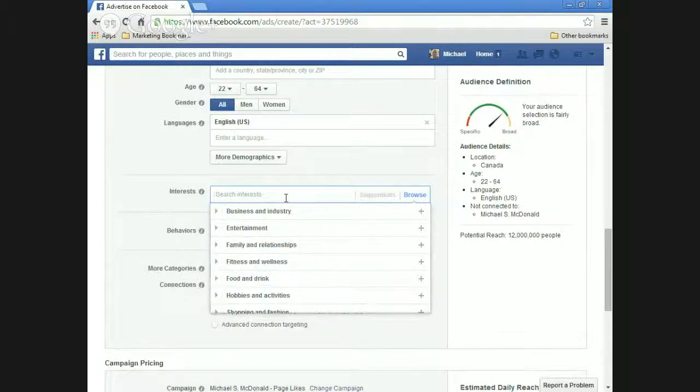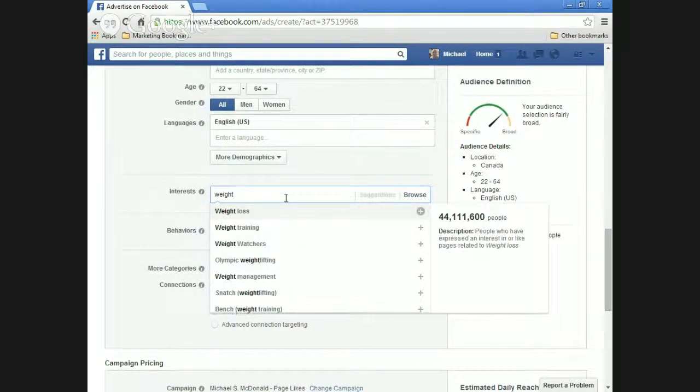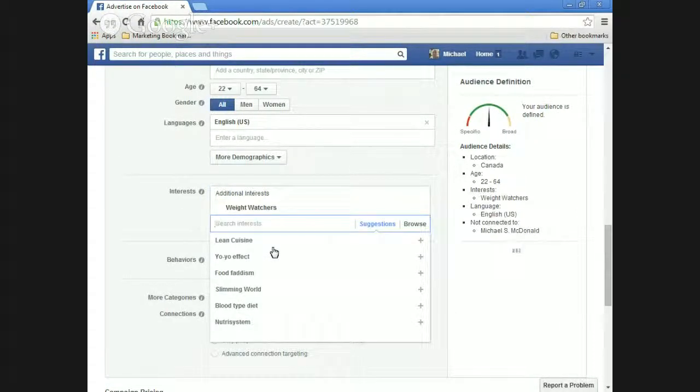So one thing you'd want to look at would be, before, what I used to do is I'd be like, oh, I'm going to target everyone in Weight Watchers, right? Well, the thing is, targeting just one group in Weight Watchers is giving me 460,000. That's a little high. You want to keep it down to 120. Even if you can get it down to 10,000 people, that would be huge because 10,000 targeted people are really going to be interested in your